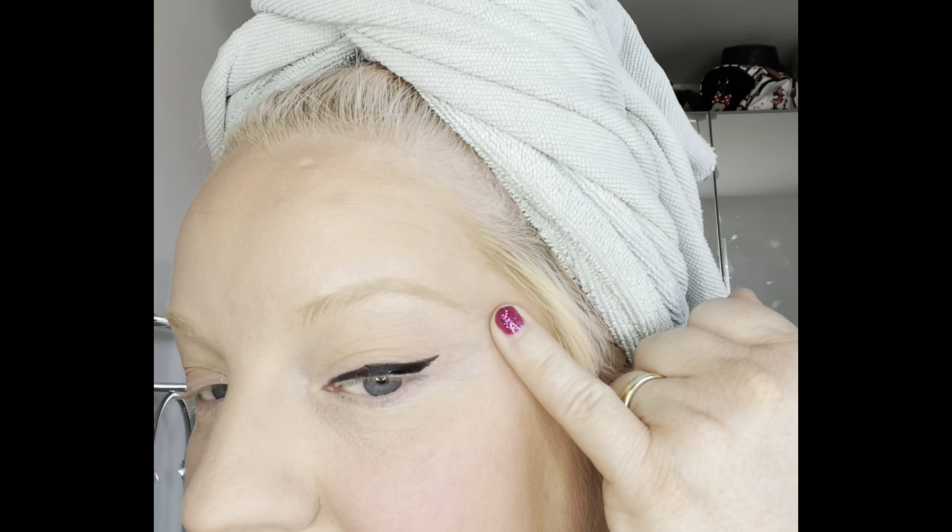So all that does, very quickly, is create a bit of a kitten flick, a bit of a click up. And obviously once I put my mascara on, it gives that lift again. It just gives the idea that my eyes are really sort of almost feline-like, which is what you're trying to achieve. And it gives you a lovely, natural lift, or the illusion of a lift, which, let's be honest,